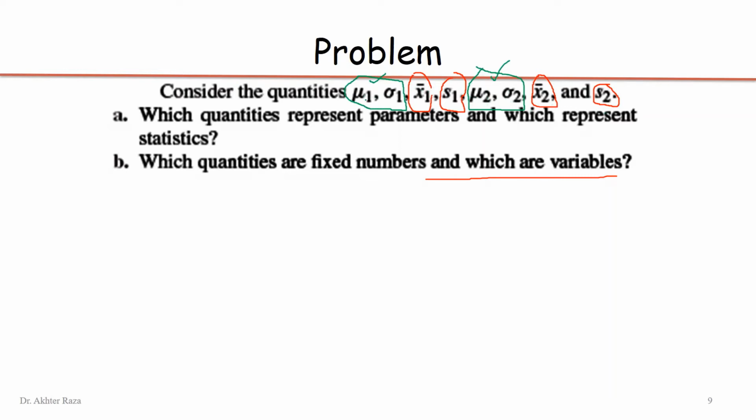Parameters are constant. All four parameters are constant because they are single numbers. But all the statistics may be random variables, because if we change the sample, the value of the statistic will change. So the distribution can be formed. We can form the distribution of any statistic. So I am describing a few sampling distributions on this slide.